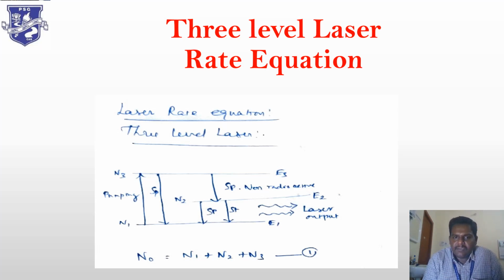Then the number of atoms keeps on increasing to a certain limit. They will start to transit from E3 to E2 by means of spontaneous emission